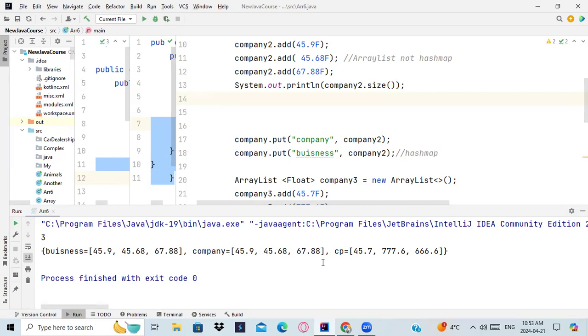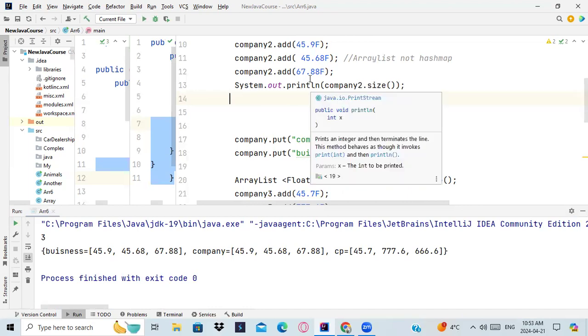The first pair, its string is called business. And the value is a list of 45.9, 45.68, 67.88. So this one is the first pair. Second pair,